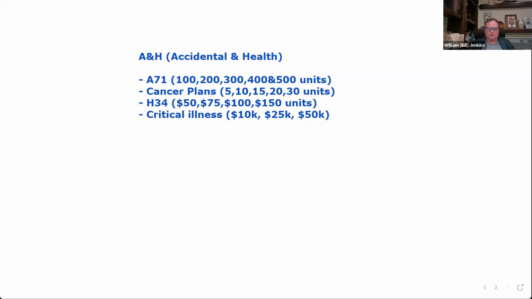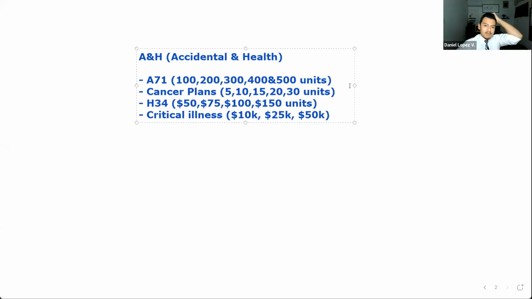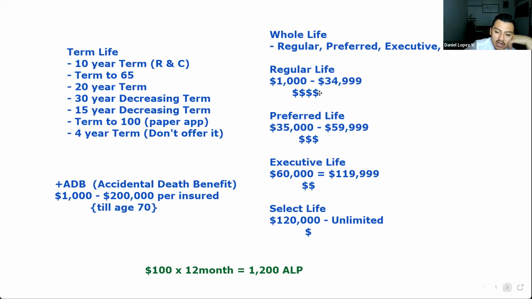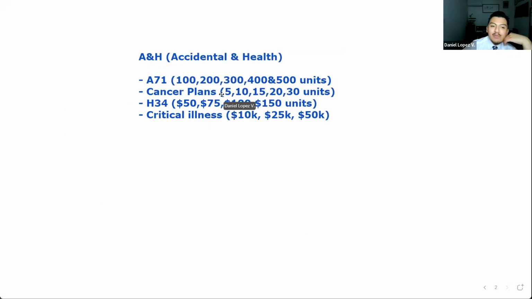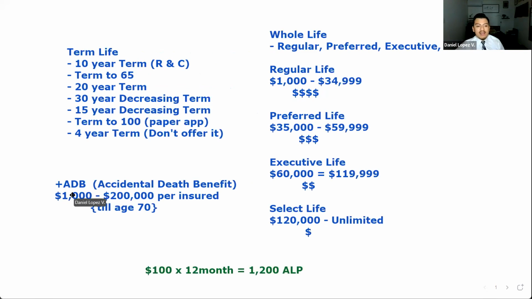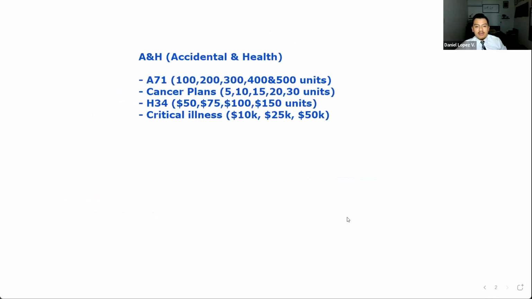Do you renew that on some kind of a term? Oh, great question. Because somebody who's 65 obviously is going to have a hell of a time. So all whole life or term and any A&H products don't have an expiration date, as long as they pay. It cannot be canceled as long as you pay your premiums. The only thing that does have an expiration date is the A70 ADB, which is till the age of 70. Everything else, once they get it, as long as they pay for it, they can keep it for the rest of their life.